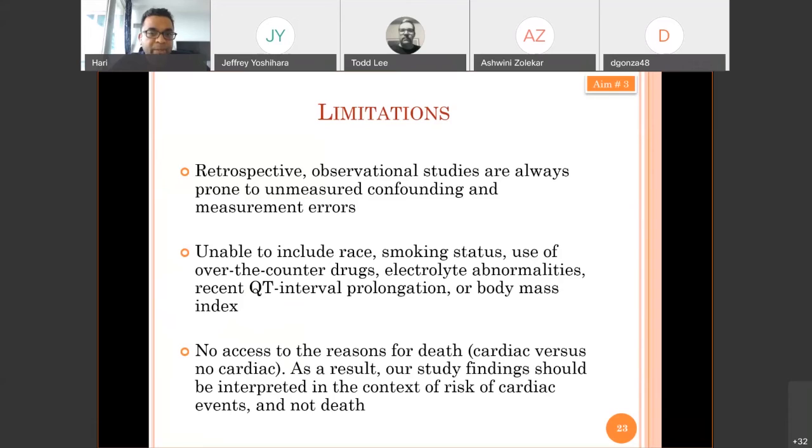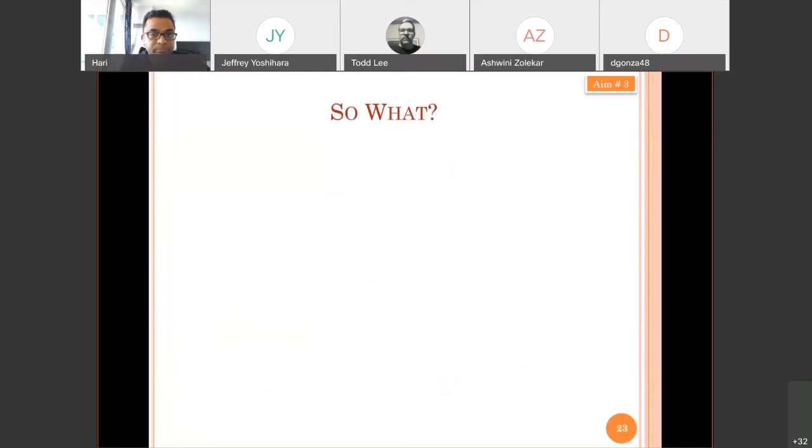And lastly, I kind of mentioned this point earlier on, but claims databases are not great for measuring cardiac deaths. Again, we don't have a good idea of when these deaths would have taken place. Usually in a claims database, they're measured at the end of the month. And the ones that are measured are really hard to get to, even if you're looking at ER visits or ER claims or whatnot. But the context of this, the study results should be only in terms of cardiac events and not cardiac deaths, which is what some of the other previous studies had measured.